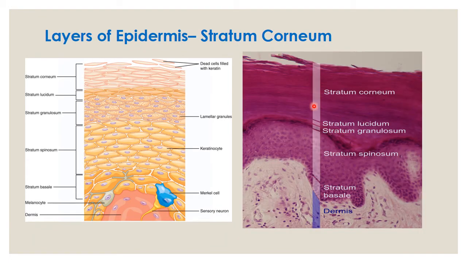The superficial most layer is the stratum corneum. The stratum corneum layer consists of 15 to 20 layers of squamous cells, and these cells are cornified. They are actually dead cells which are filled with keratin only. And these cells are shed off after 15 to 30 days in the epidermal region, depending upon the region and also the age of the person. These cells are desquamated, and the lipid rich cells envelop the breakdown.